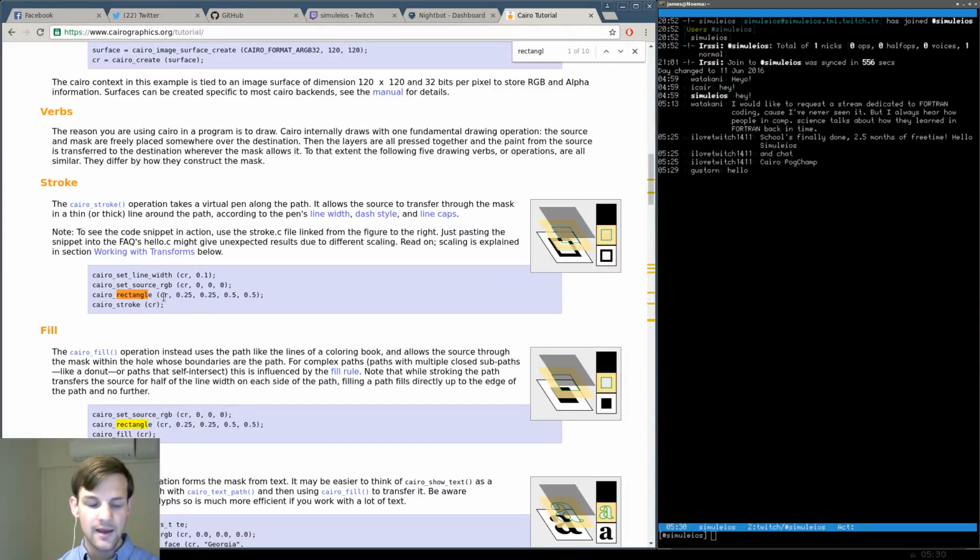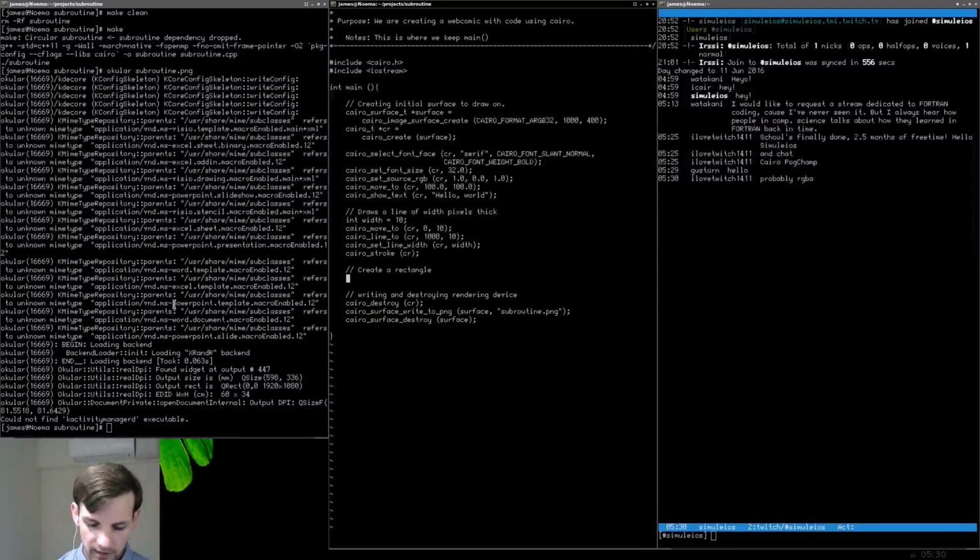Now here's the thing. I don't know what 0.25, 0.25, 0.5, 0.5 mean. I don't know the units. So let's just create a rectangle and let's stroke it. It's probably a good idea. Stroke and rectangles. Okay, Cairo set source RGB. Yeah, let's do all this. Why not? We'll do all this. So I'm going to go over here and we're going to do Cairo